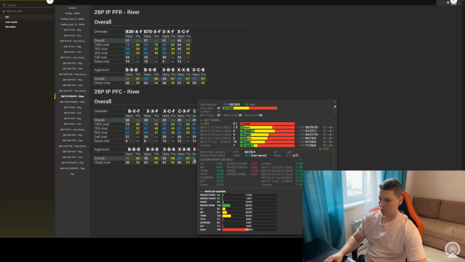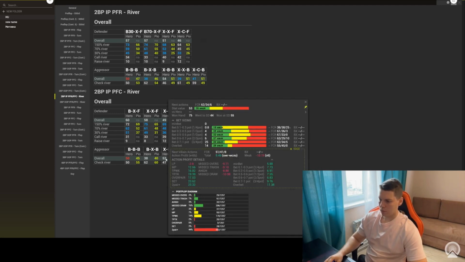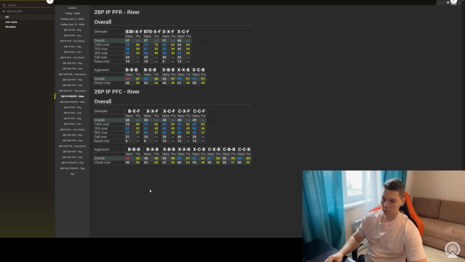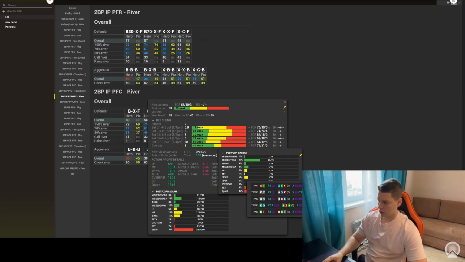Here as well. Check, check, bet. Here there's also an overfold. Here, 63% is probably about standard. Bad check bet stands out here with two sizings, a third of the pot and half the pot. So roughly this range and an overbet. If you look at the middle part of the range,